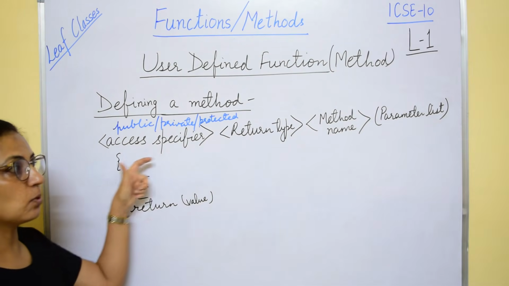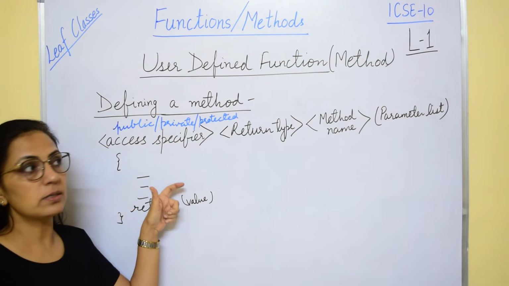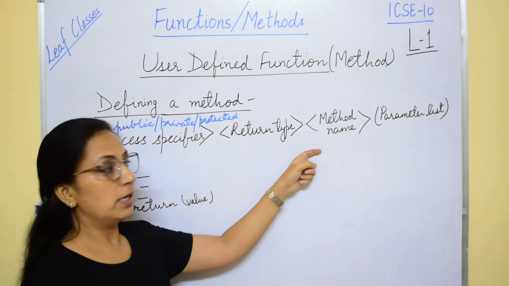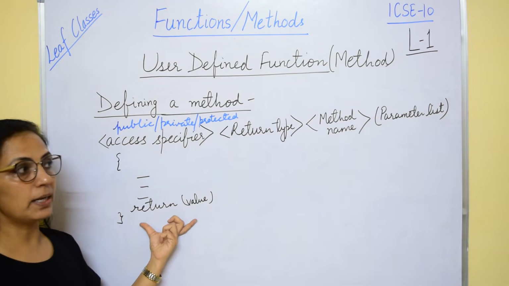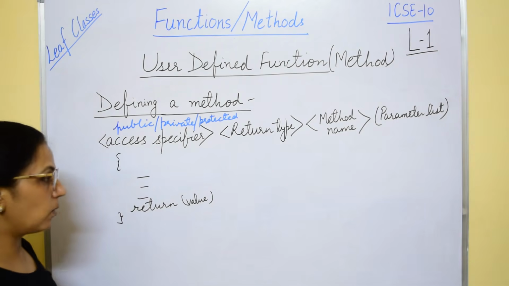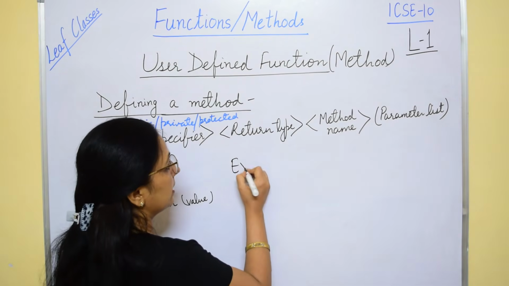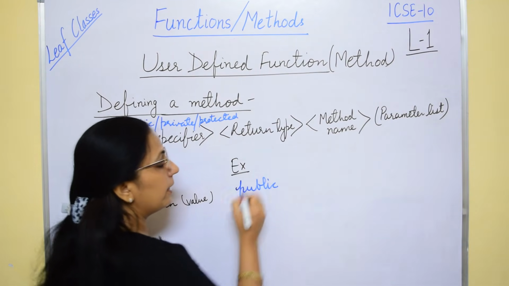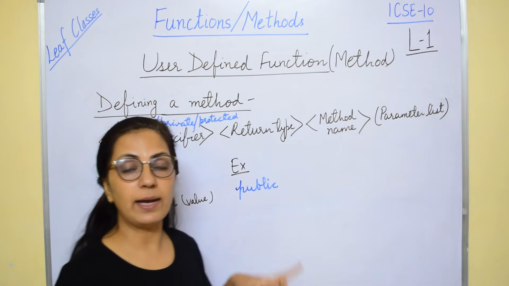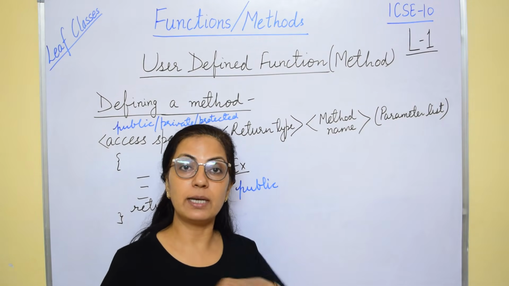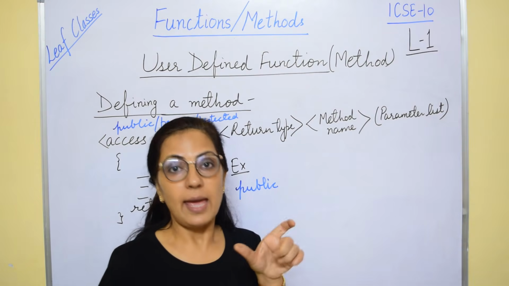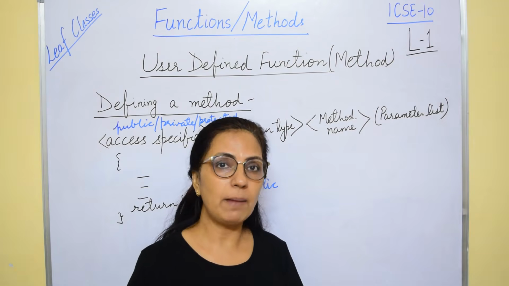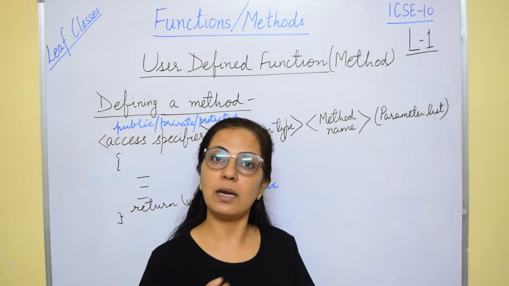Then within the braces you write the steps, the instructions, what you want to execute when this particular function is called, right? And then you come out with a return value. Now let's take one example of this. Say it is public. Now this public, whenever we use this access specifier, public is by default. Even if I don't write any access specifier, then also it is taken as public. So you write public or you don't write public, both are equally same.